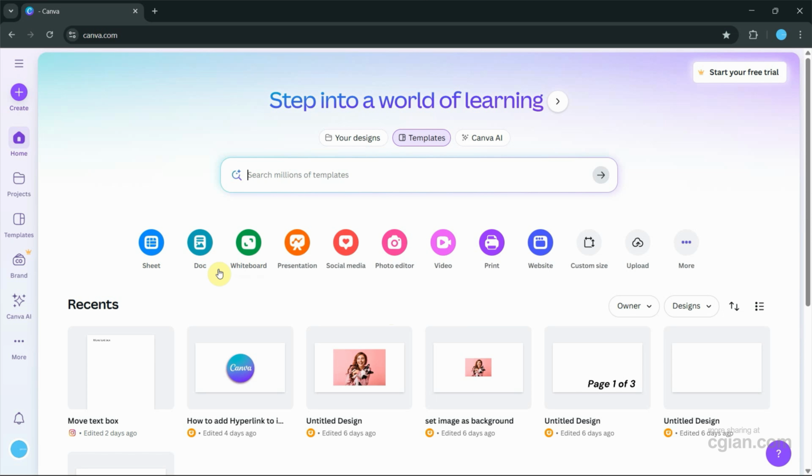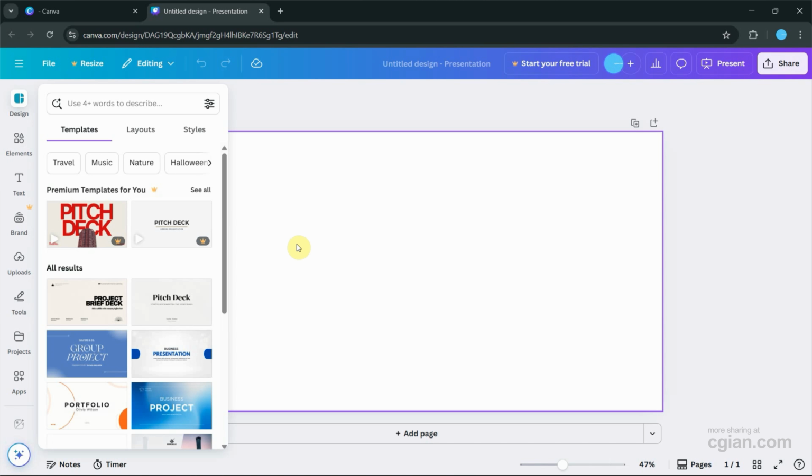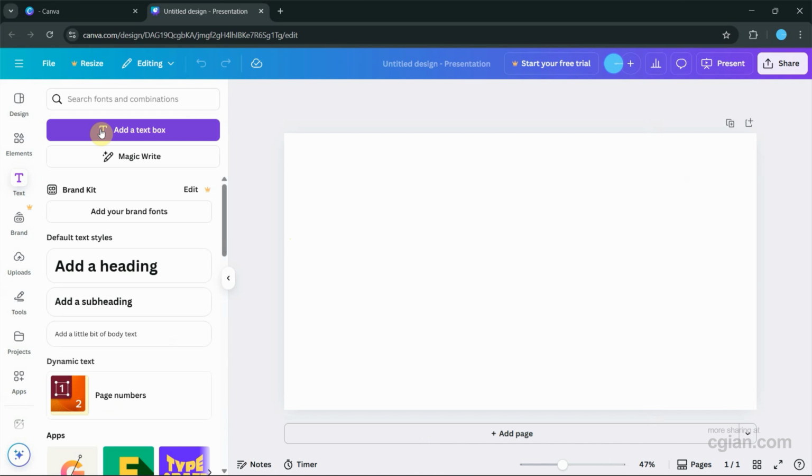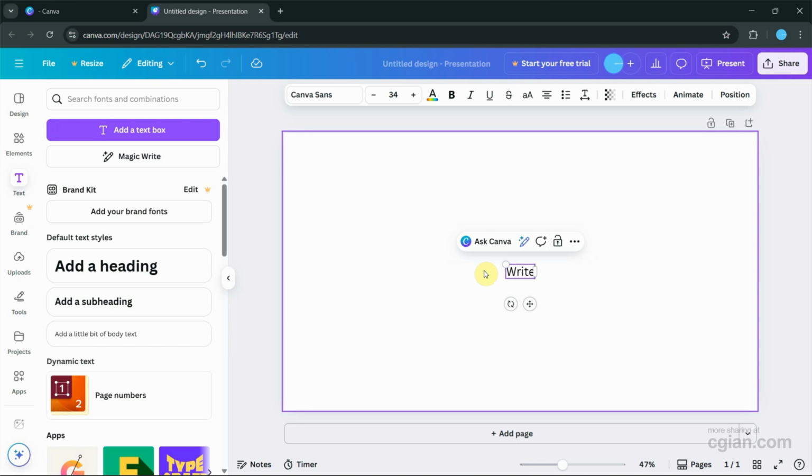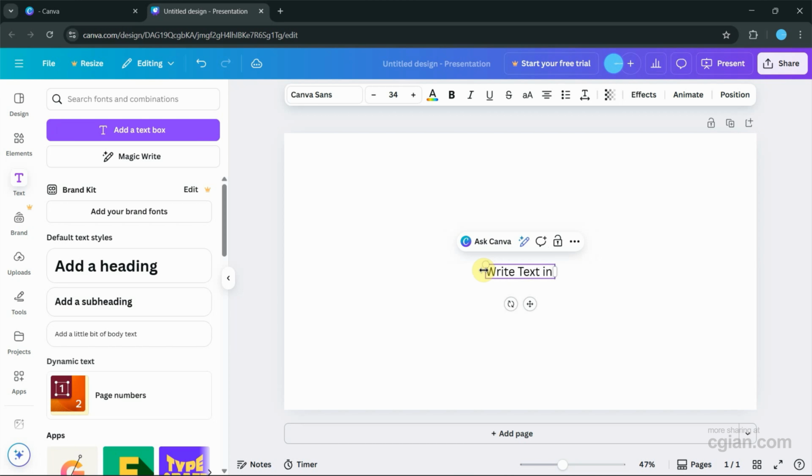After starting Canva, we can choose a template. In this tutorial, I will use presentation, so I click it. Next, we can add text. We can go to left toolbar, we can find text and add the text box. And we can type write text in circle